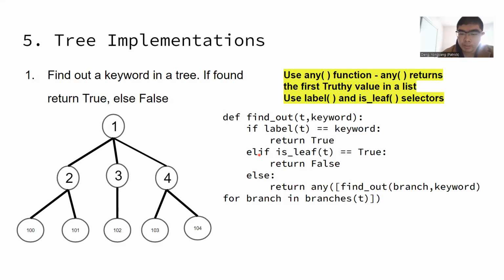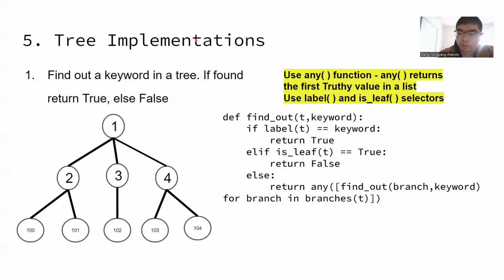Otherwise, I will evaluate: this is a leaf, and I actually reached the end of the path, so I'll return false. I still couldn't find it in the leaf, so I will return false. And for else, I'll return the any function. For any, I pass in a list. The list is, according to the recursive leap of faith, we have to believe that find branch keyword